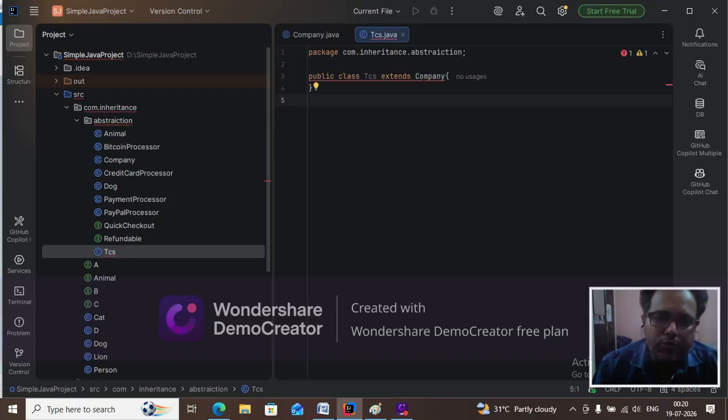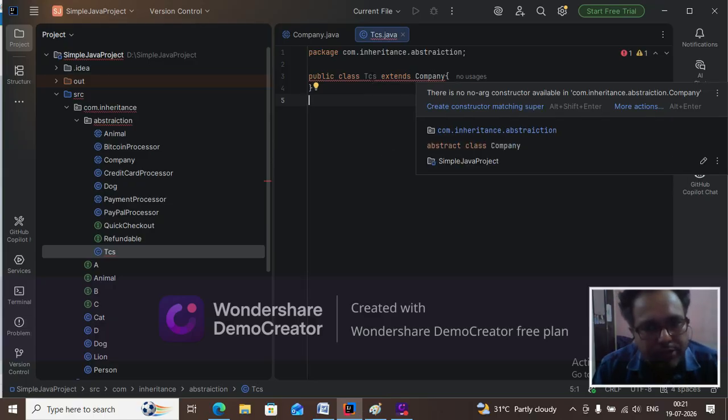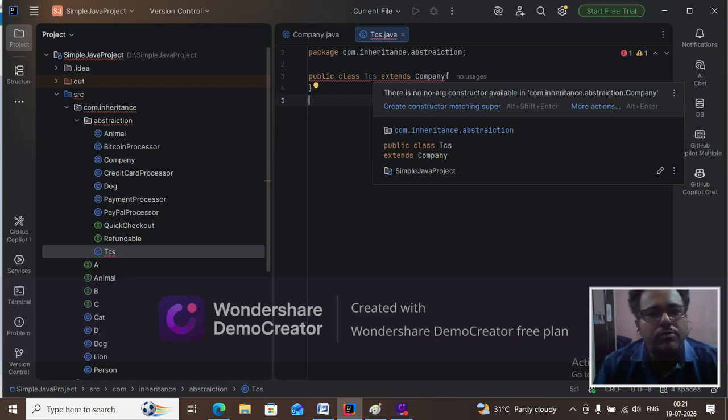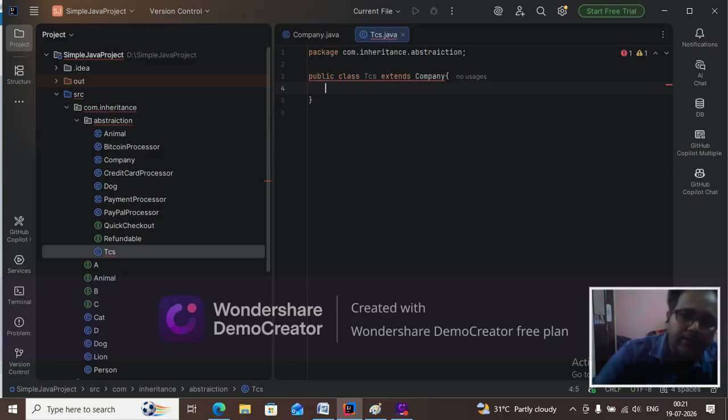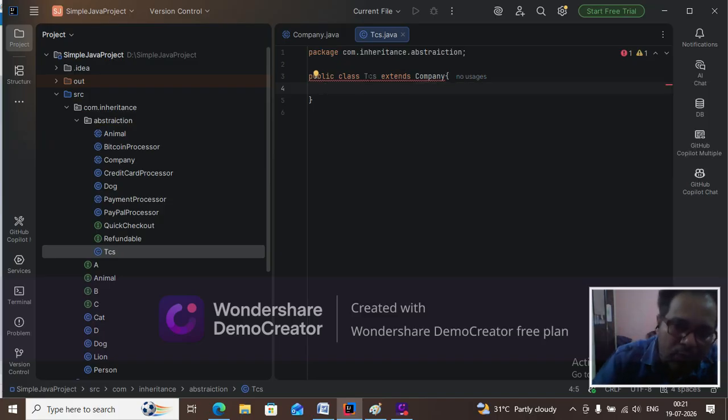And see, अभी guys ये एरर इसलिए आ रही है, you know, because our TCS class is a normal class which is extending from the company class, so the TCS becomes here the child class, ठीक है। तो this child class inherits all the features except private features into the TCS class। अब ये इसलिए आ रहा है भाई कि if the parent class has any abstract method, तो यहाँ पर चाइल्ड क्लास को फोर्सफुली उसको इम्प्लीमेंट करना पड़ेगा। अदरवाइज अगर आपके पास इम्प्लीमेंटेशन नहीं है उस एब्स्ट्रैक्ट मेथड की, तो आपके क्लास को यहाँ पर एब्स्ट्रैक्ट डिक्लेयर करना पड़ेगा।